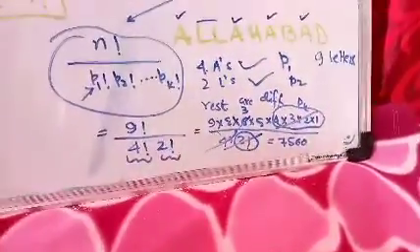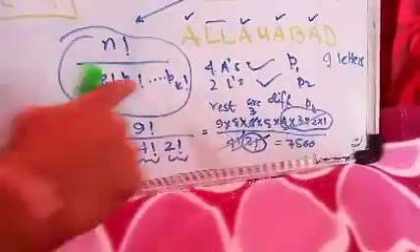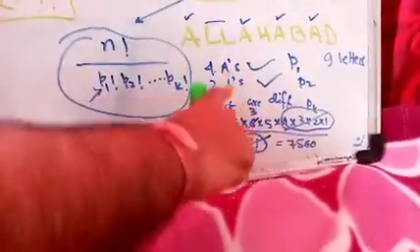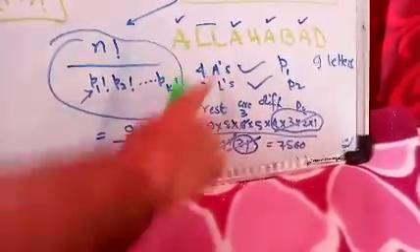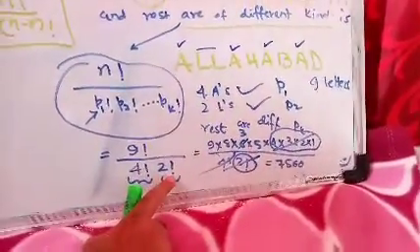So how do we derive this formula? Since letters are repeated, you have to divide by the number of repeated letters: how many letters are A, how many letters are L. So 4 A's, so you divide by 4 factorial, and 2 L's are there, so we have to divide by 2 factorial. Okay, so this is the resulting answer.